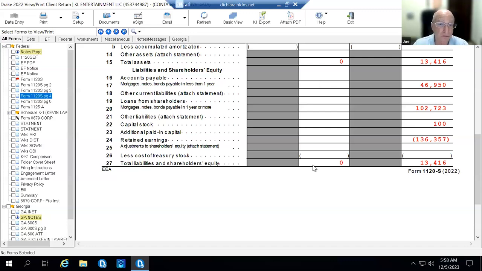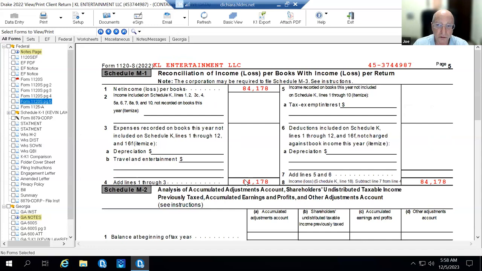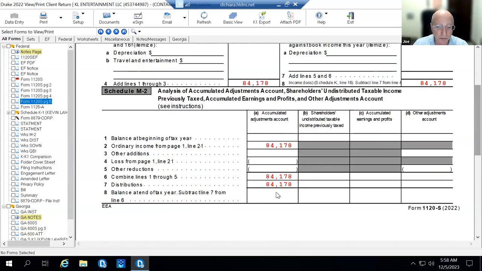So what I had to do was this. The accumulated, and this was the biggest issue that I had every time I reviewed a return. I don't ever want this to be negative. It should never, ever be negative. And the way that you fix it is